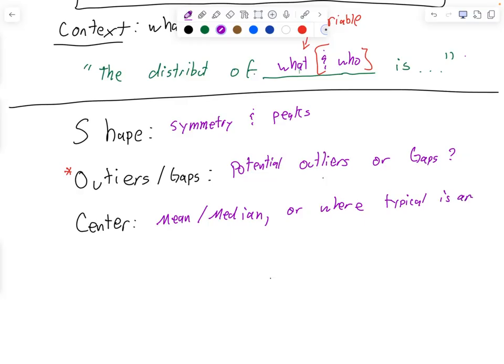Now, when I say where typical is around, this can be a little bit tricky. And we're going to have some discussion about this, where does the typical happen? Because if I'm giving the mean or the median, I might give those numbers. But if I just have a histogram, I don't have those numbers. And we're gonna do an example. Typical is around. When we get to an example, we're gonna have to see an example to do that one. And the last thing that we just learned recently, yesterday, were measures of